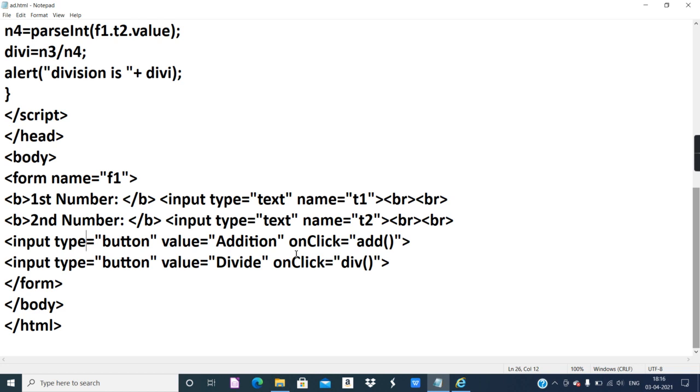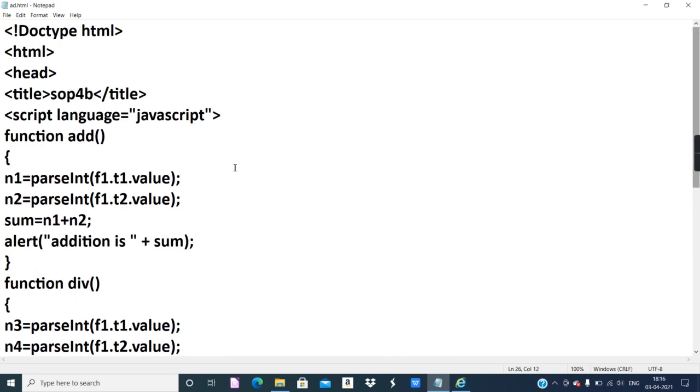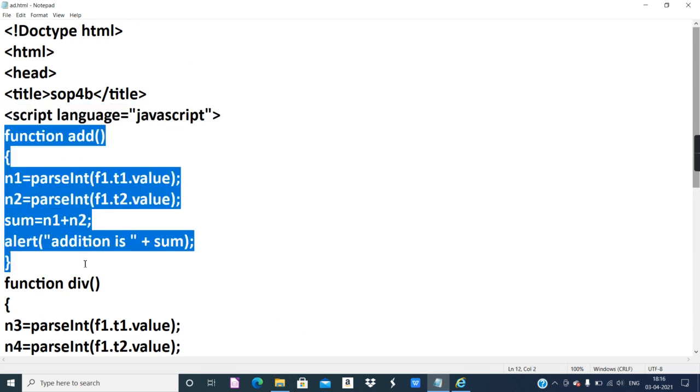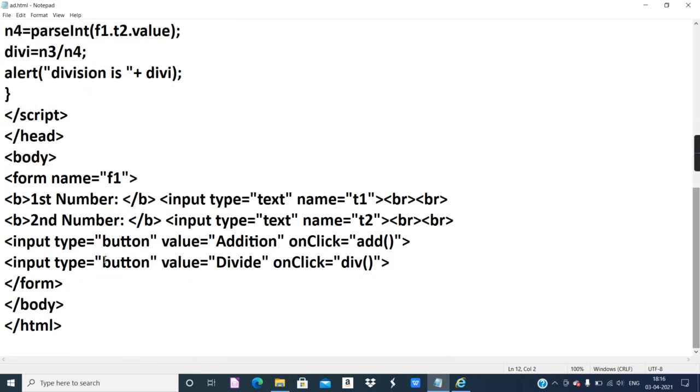Okay, when you get the correct output of the form, inside the header section, after the closure of the title tag, give a script tag and create only one function. Create only a single function. Okay, and then put the onclick event handler, mention the name of the function correctly and see if you get the correct output. And this is how, step by step, you must perform every HTML and JavaScript coding.